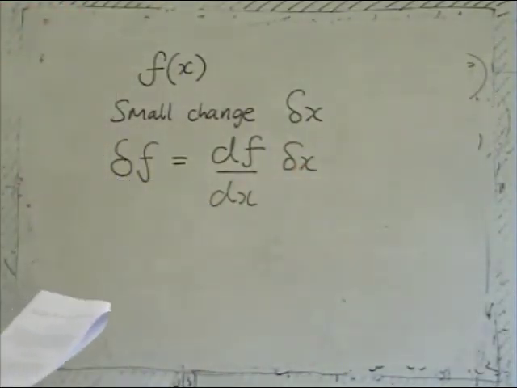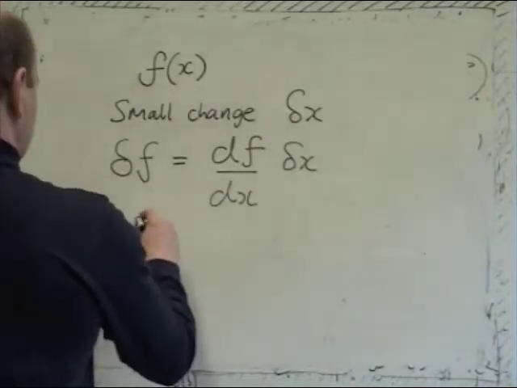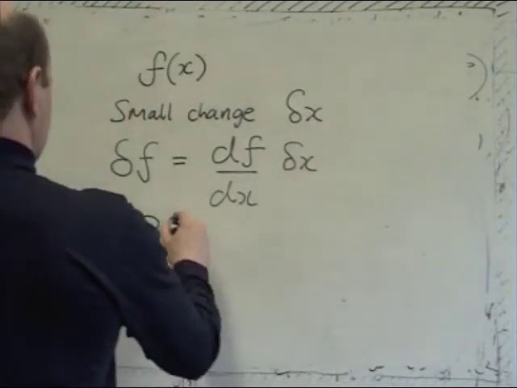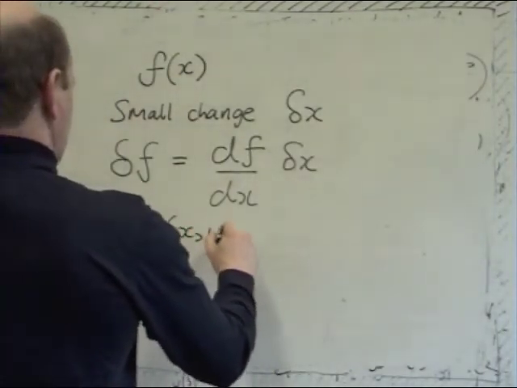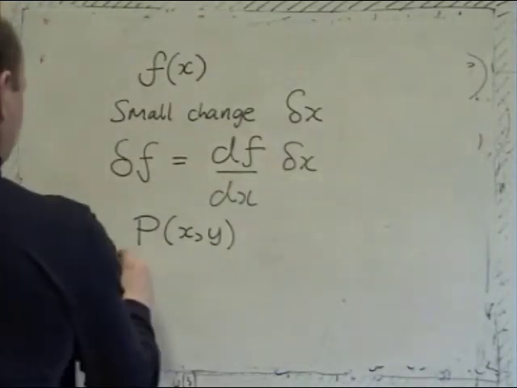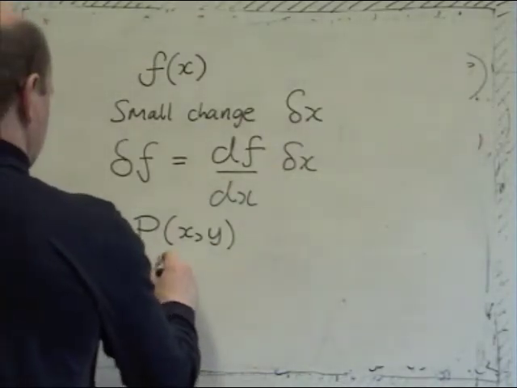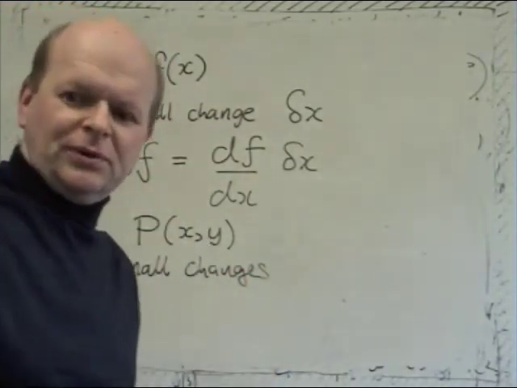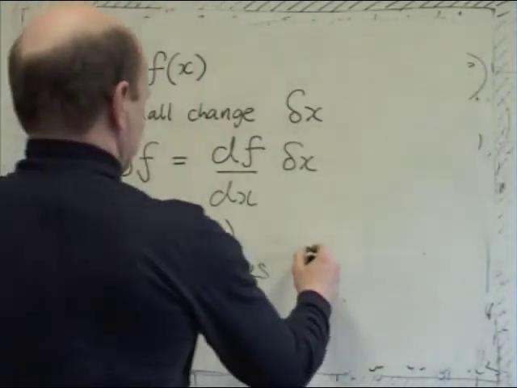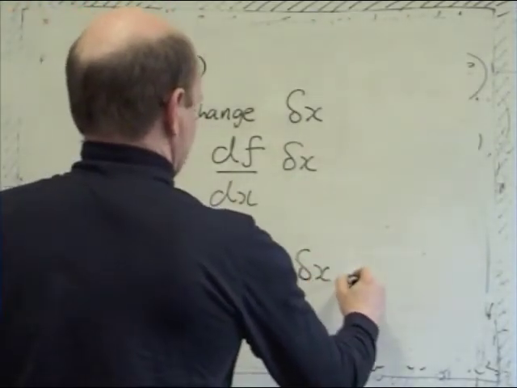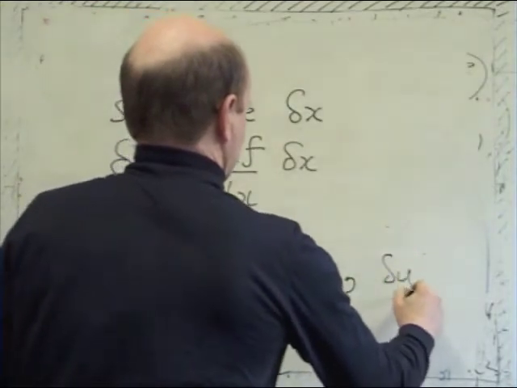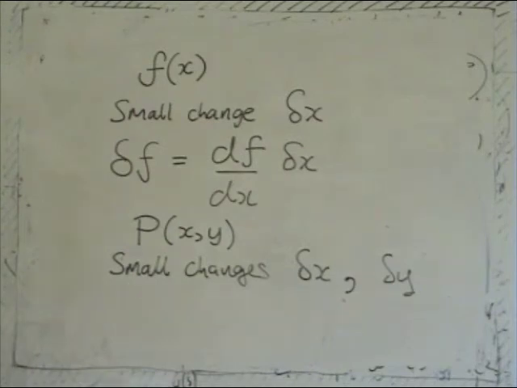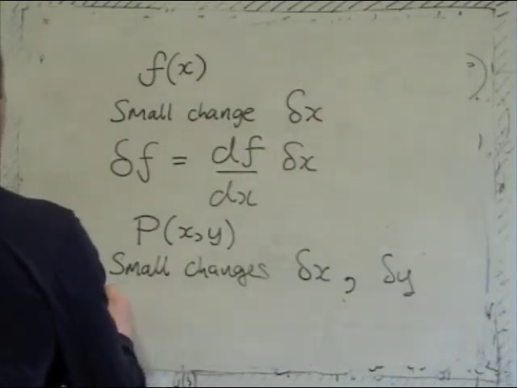Now, suppose instead we have another function p. Now that function is a function of two variables. We'll call those x and y. Now suppose you make small changes in both x and y. So we'll call the small changes delta x and delta y. And the question is, how much does p change overall? Well, the total change in p, which we'll call delta p,